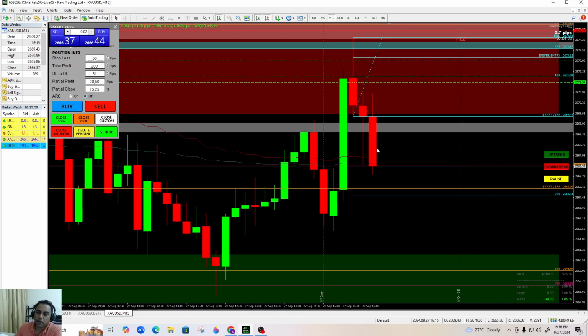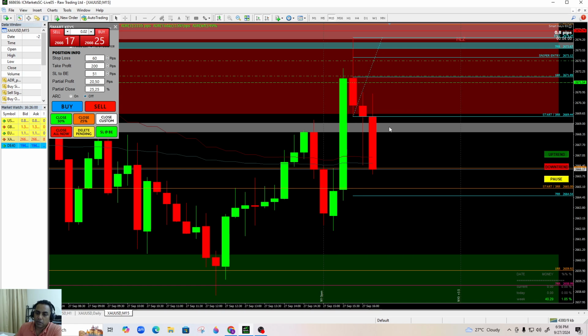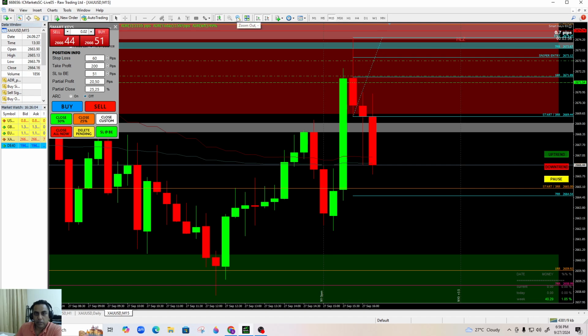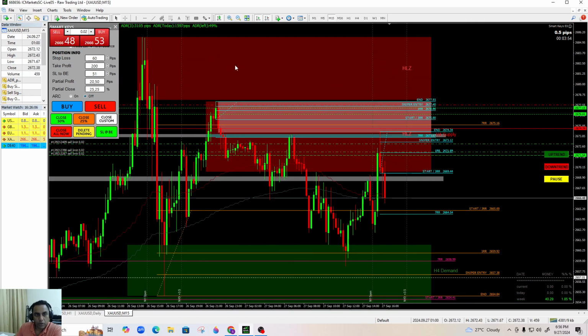Yeah, this 15-minute candle should close here below this resistance level, and then we're going down. And then the next area, the next support level is